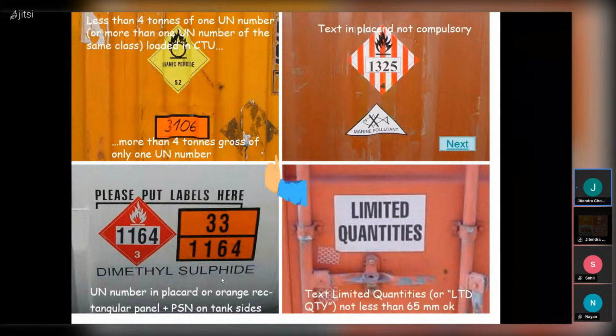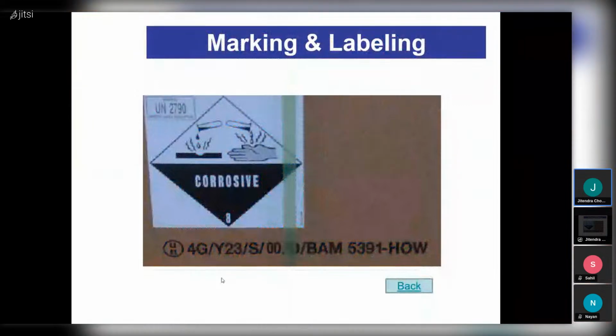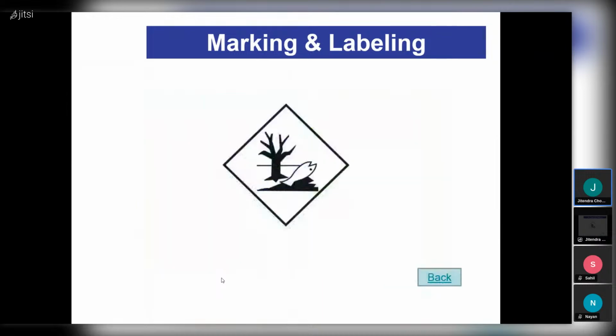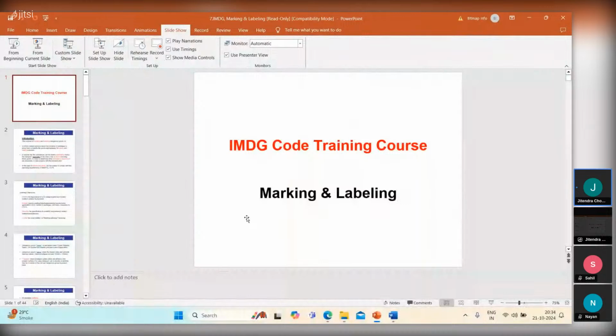Limited quantities, not less than 65 mm. So if it's a corrosive material like sulfuric acid, it will be marked corrosive. Like this, the proper certificate is given here. Okay. So the